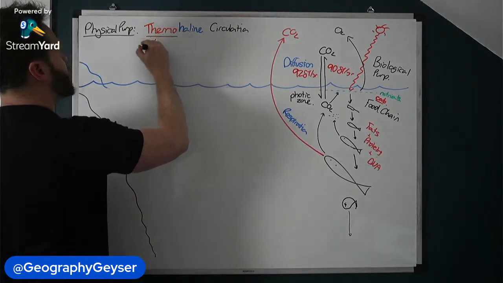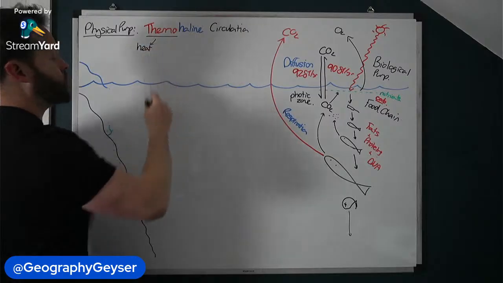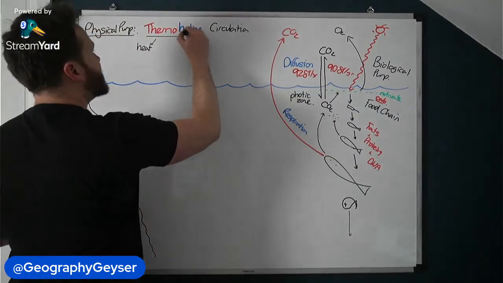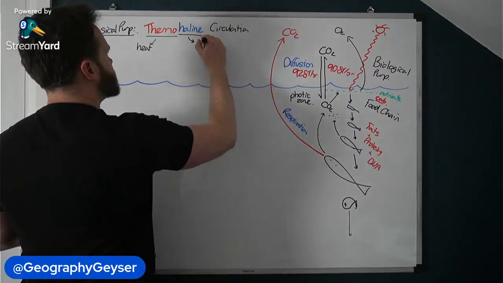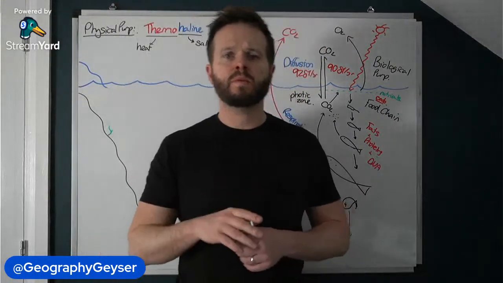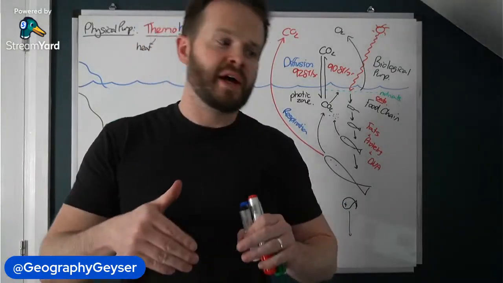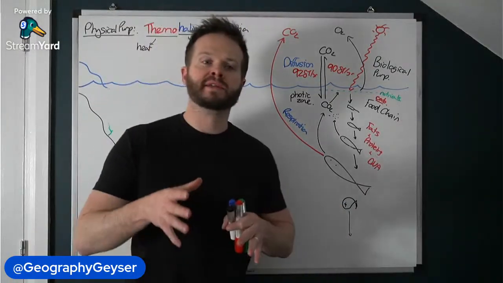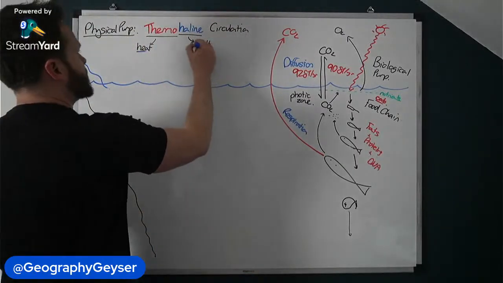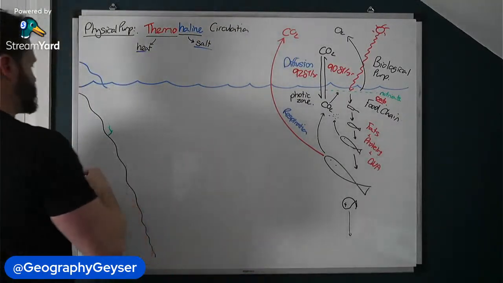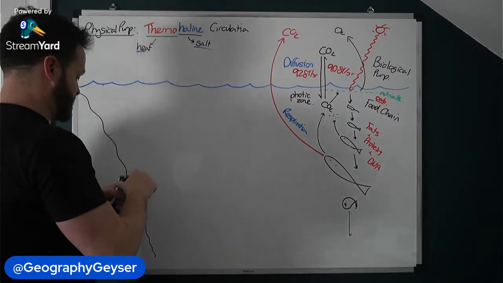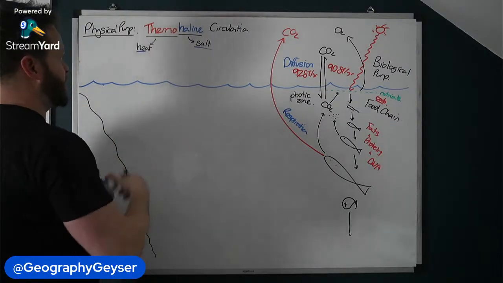Thermo implies heat or temperature. Yeah, thermometer. You've got that. Haline is something to do with salt. And if you remember, those of you who've studied coasts, when we talk about a halosere, that is plant succession that's taking place in a salt marsh. So we know that heat is involved and we know that salt is involved. It's a circulation driven by differences in heat and in the temperature of the water, and the salinity of the